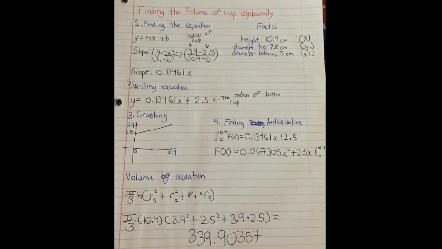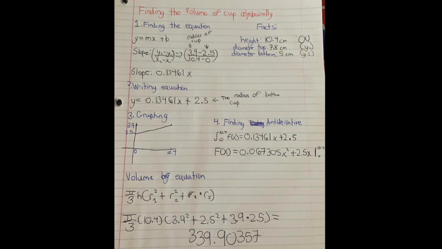And then we revolve around the x-axis from the lowest radius to the highest radius. The lowest radius will be 2.5 and the highest radius will be 3.9. So the height will be 10.4 and